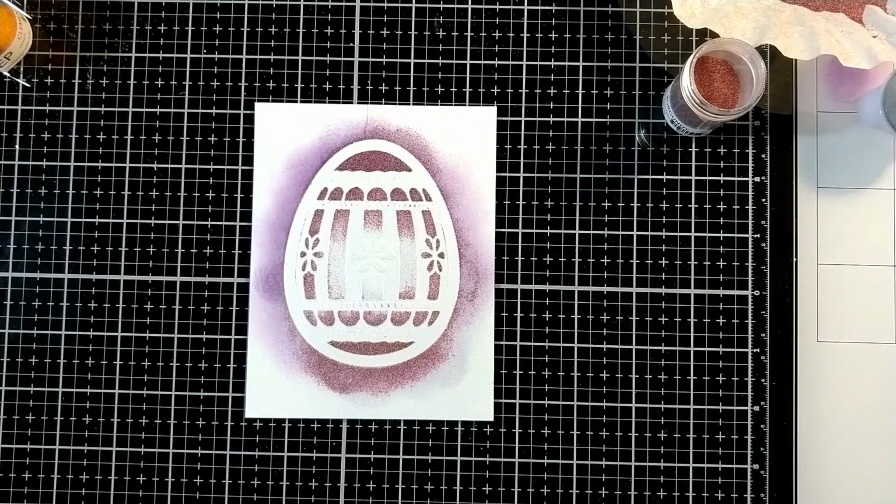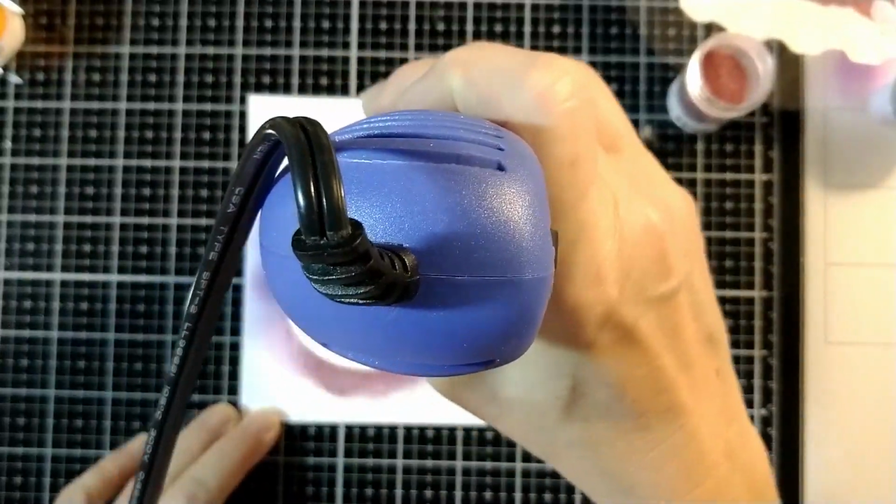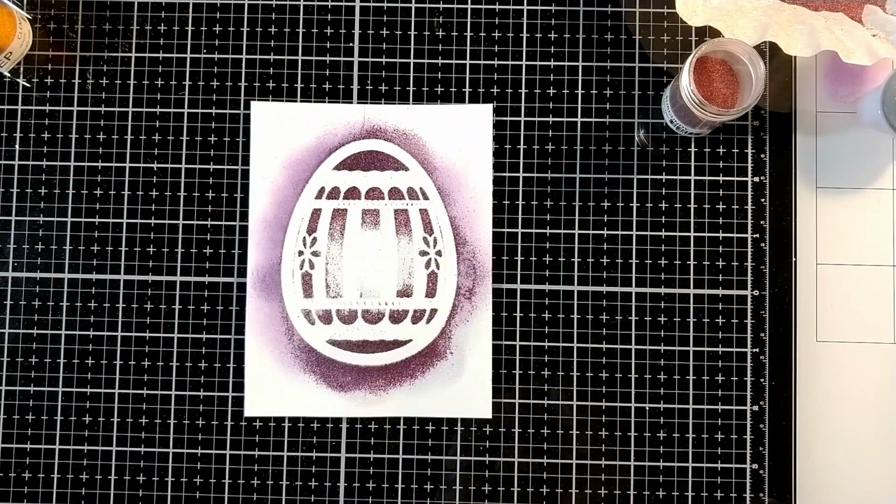Just get something on there that I wasn't happy with. Now we heat emboss. Now in the kit, you're going to get the Burgundy embossing powder along with this egg stencil, plus 3 other